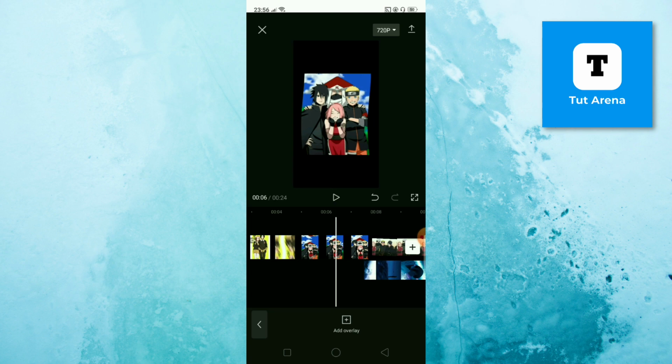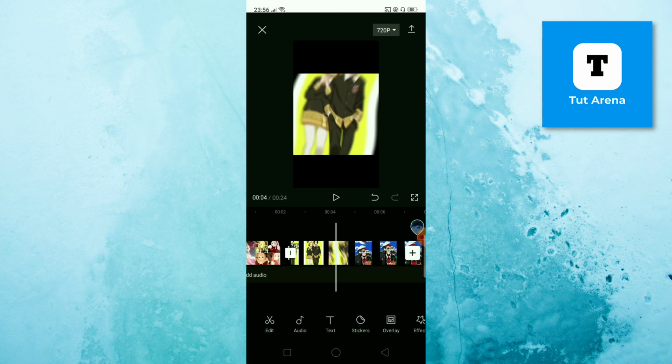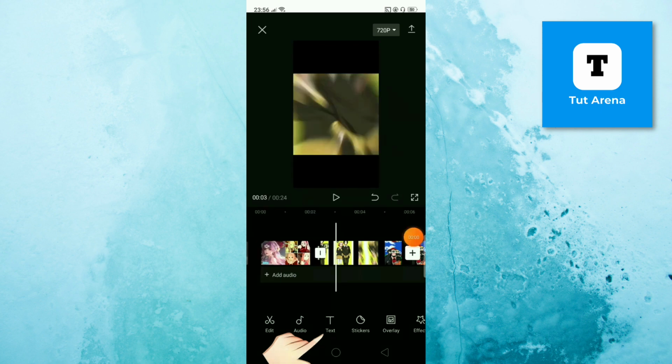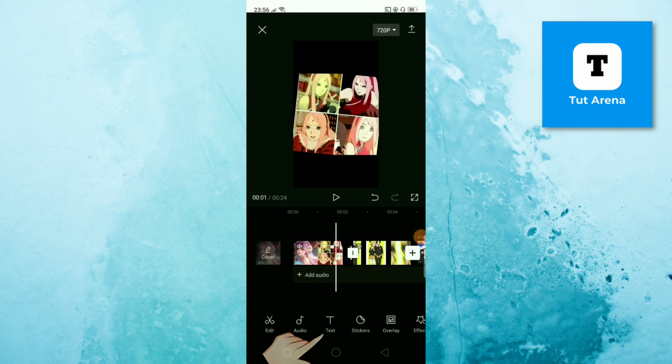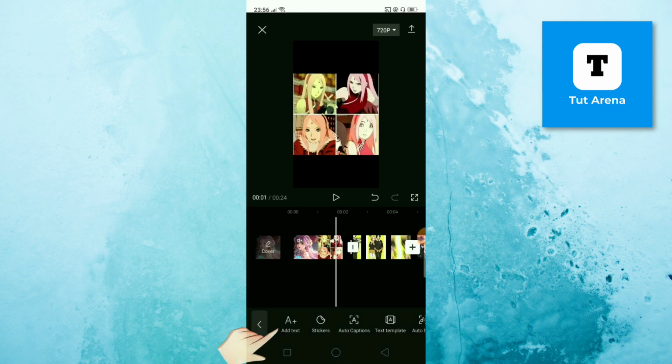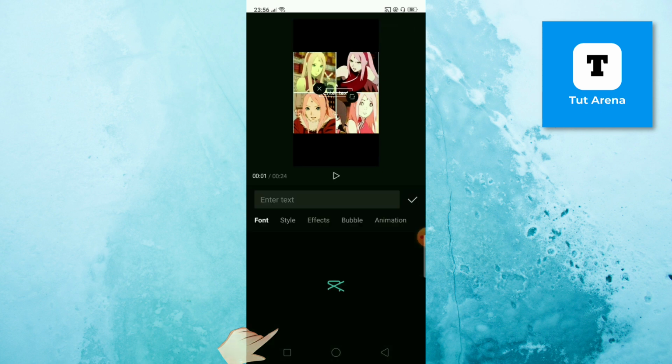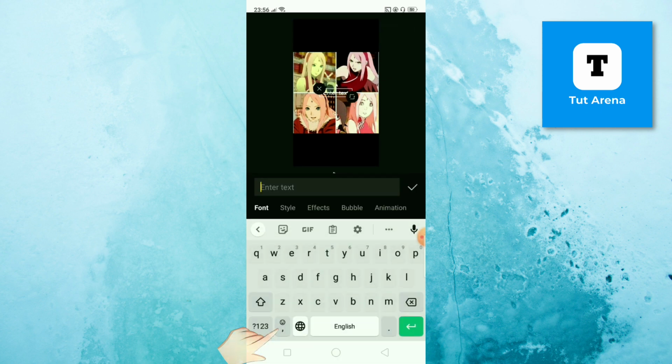Now let's go back, and in here, time to add text. If you guys wanna make a title for your video, this might help a lot, and it's also useful for the ending tutorial. For this, tap on text and then tap on add text. And in here, write the text that you want to add. For example, I'm gonna write tutorial,